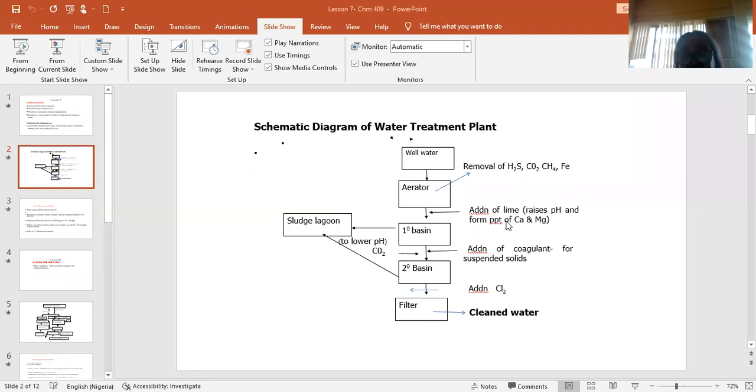Also, because your lime is alkaline, it raises the pH of the water. So if your water was acidic, let's say your water had a pH of 4, the lime will raise the pH of the water. It will also form precipitate of calcium and magnesium. You now allow this aerated water that we have added lime to go to what we call the primary basin. The primary basin allows all the precipitates to fall under, and only